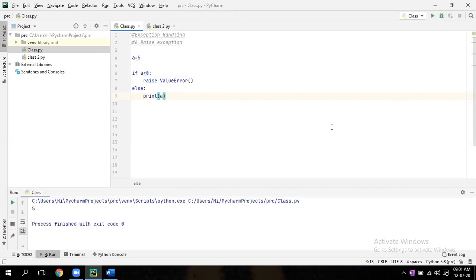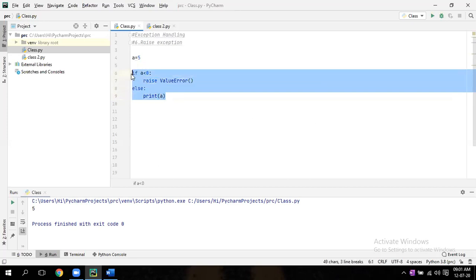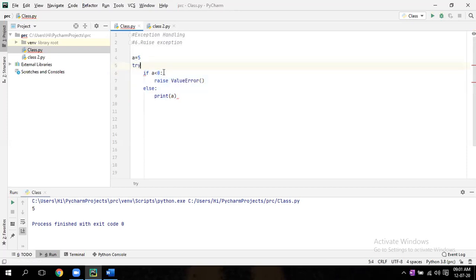So that means here, what will happen? Select till the if, tab. Write try, then write except value error, space, enter.